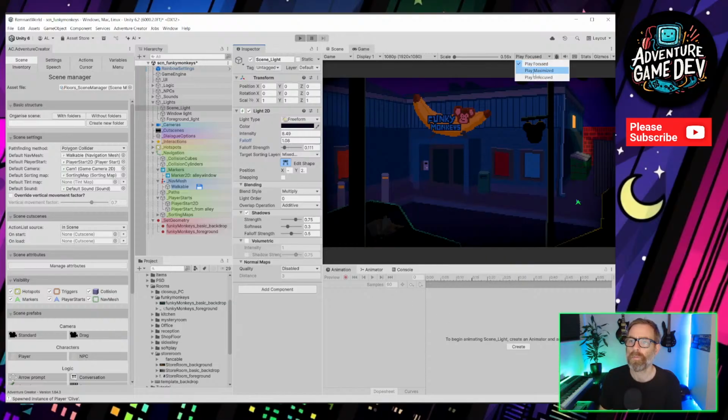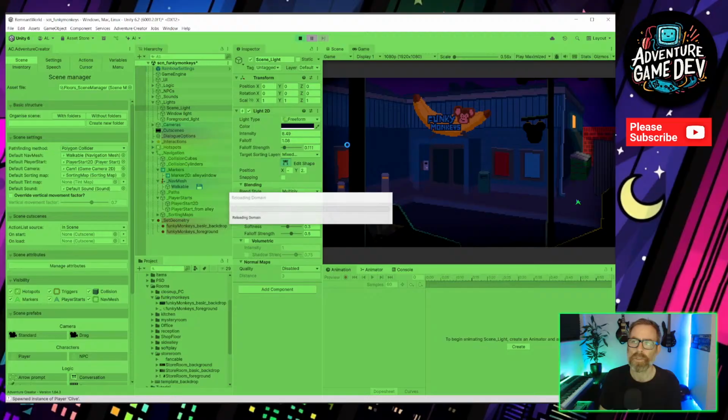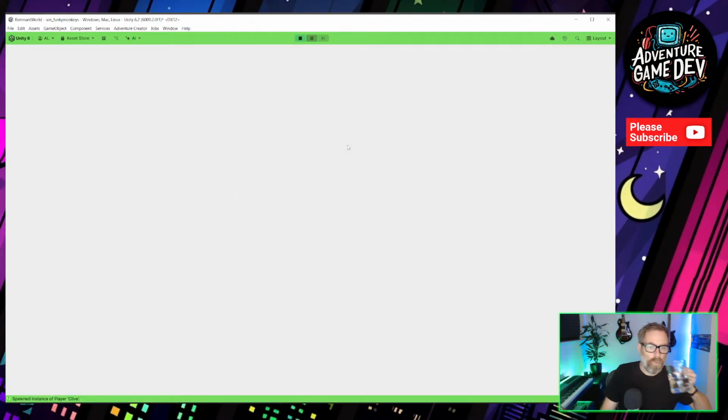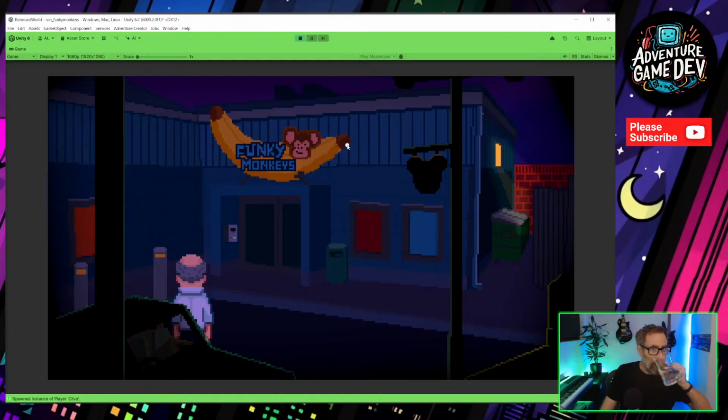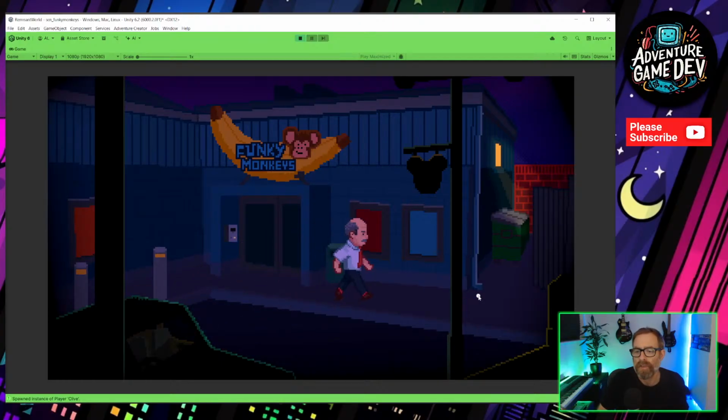Let's have a look at it maximized on the screen, see if that helps for the stream. Yeah, so it's just kind of fading out to black at the edges up in that top corner. Just giving it a little bit of a darker feel. It definitely feels like nighttime. See the window, see the side alley.